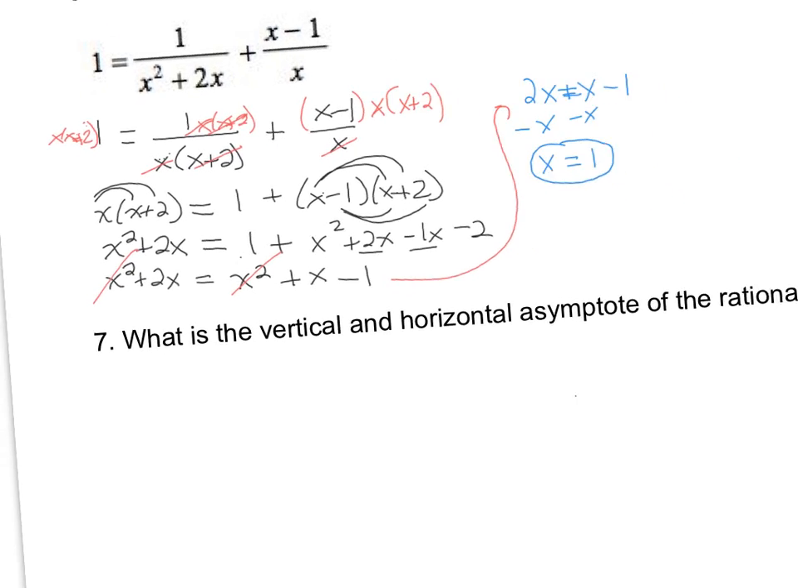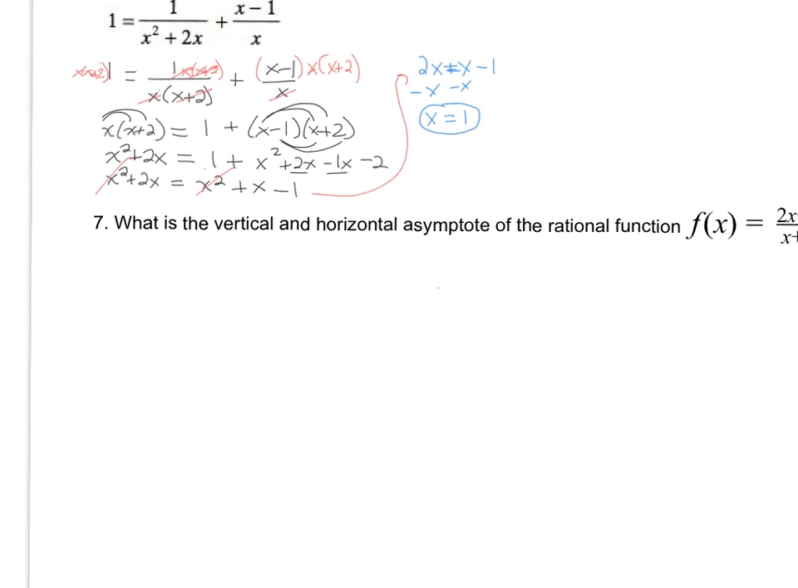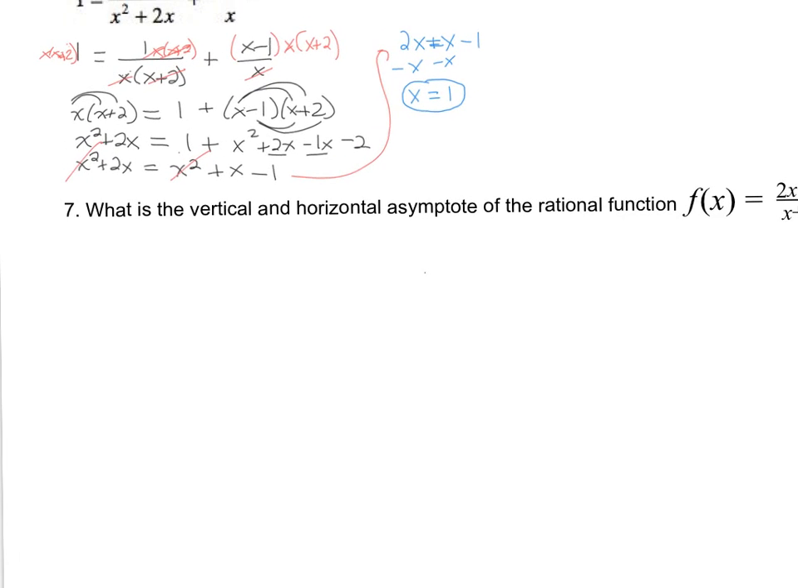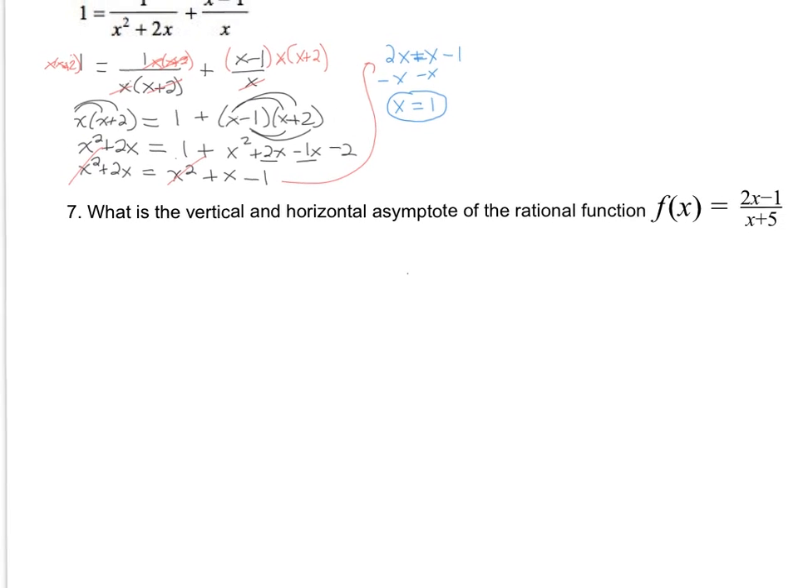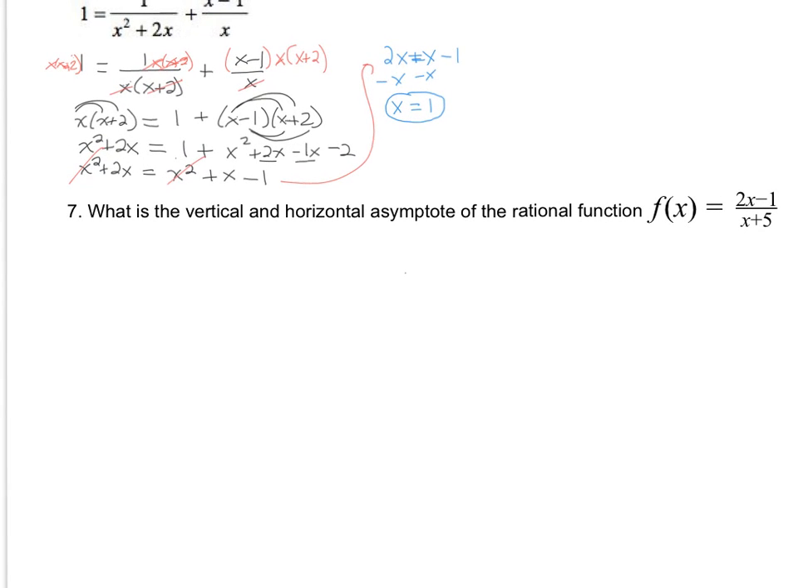Okay, number 7 is our last kind of review problem from Module 5. It says, what are the vertical and horizontal asymptotes of the rational function f of x equal 2x minus 1 over x plus 5? So any kind of graphing problem on a final exam, you can of course graph on the Desmos calculator pretty easily. But in this case, if I wanted to find them algebraically, the vertical asymptotes, which is the first part of the problem,